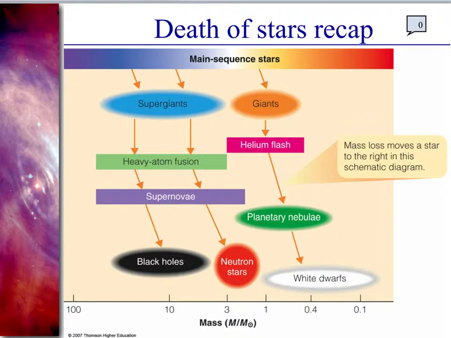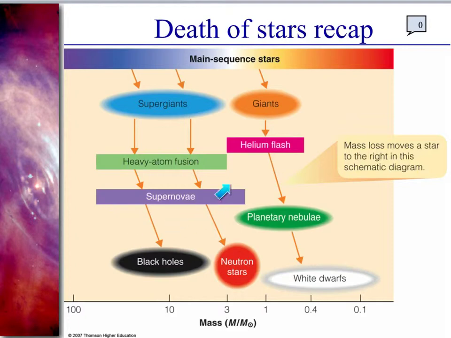Here we can see the fates of the two different types of stars. Here we have the giant phase, which is after a sun-like star has moved off of the main sequence. We experience a helium flash, which then becomes the planetary nebula, because the helium flash marks the end of the giant branch. And after planetary nebulae, when that halo of gases fades away, we have our white dwarf. Then for our more massive stars, we have supergiants, we have heavy atom fusion resulting in an iron core,